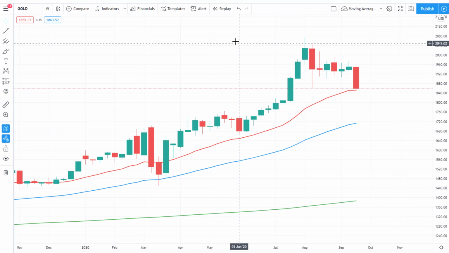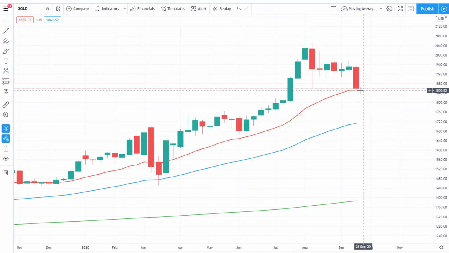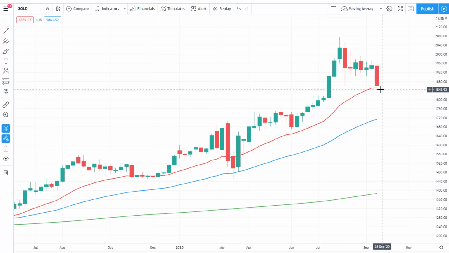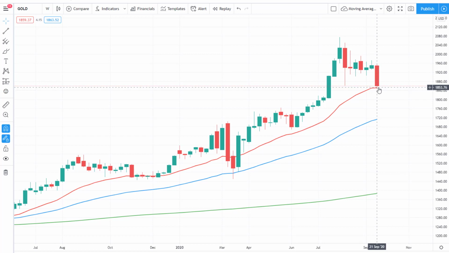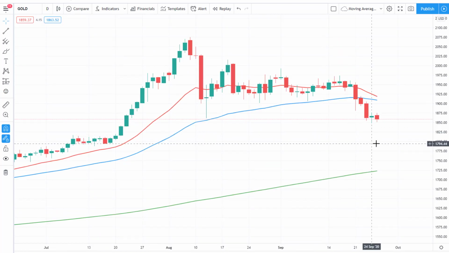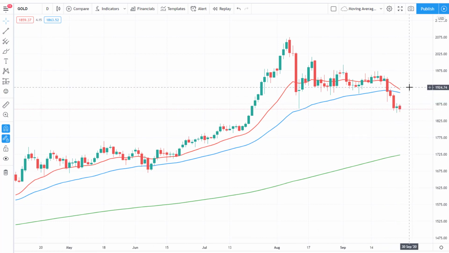So before we go into the S&P 500 and Nasdaq analysis, let's just have a quick look here at gold. Gold has bounced off the weekly 20. It's pretty much hit its first zone of support. It's also in line with 1850. We know that gold likes its 50s and of course 100 zones. So it's bounced right off that area, just closed above on the weekly. If we go down to the daily, not much structure here other than we could be seeing a 20-50 cross between the red and of course the blue lines.